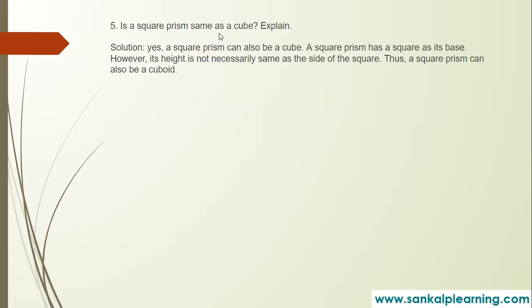Is a square prism same as a cube? Explain. Square prism, yes, a cube is a square prism. Prism is nothing but we know. See, square prism andre bottom alli ಒಂದು square ಇರುತ್ತೆ, top ಅಲ್ಲಿ ಒಂದು square ಇರುತ್ತೆ. So ಸುತ್ತಲೂ ಎಷ್ಟು squares ಬರುತ್ತೆ? 4 squares ಬರುತ್ತೆ, right? 4 lateral faces, all are squares. Top and bottom all are squares. So then we call it as a cube. So square prism is same as cube.